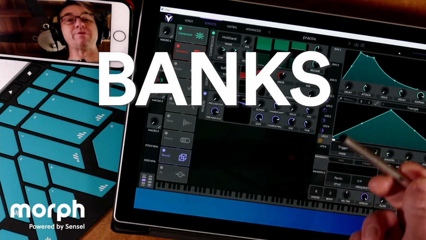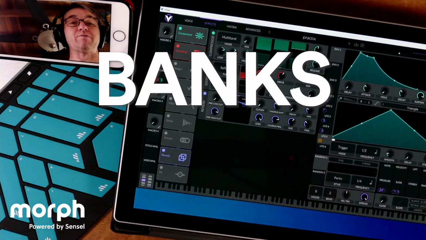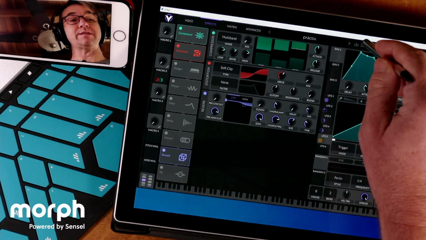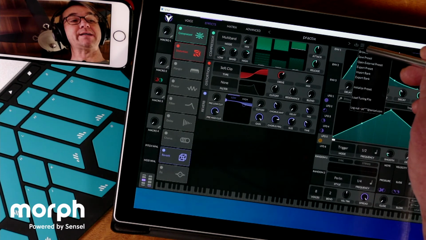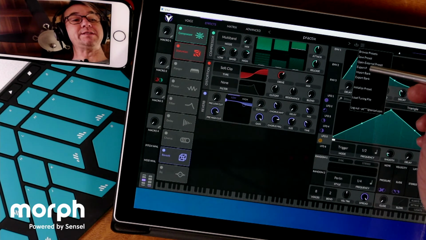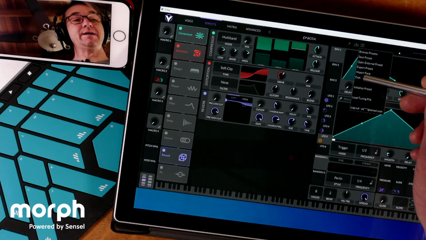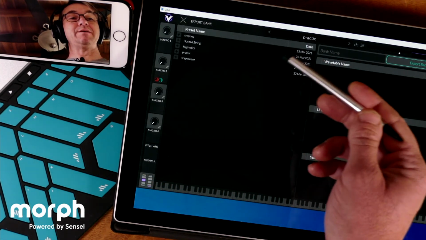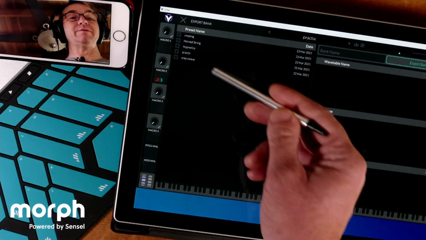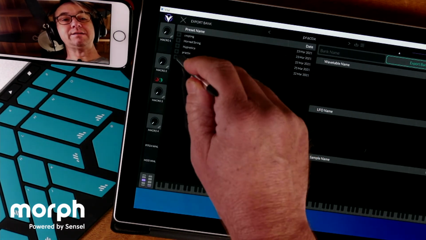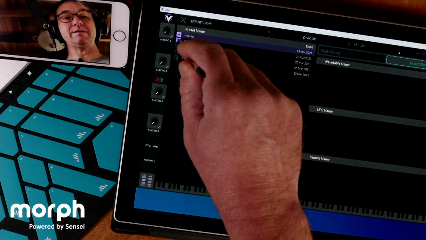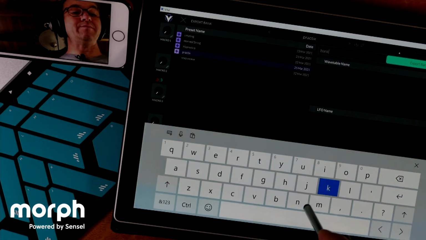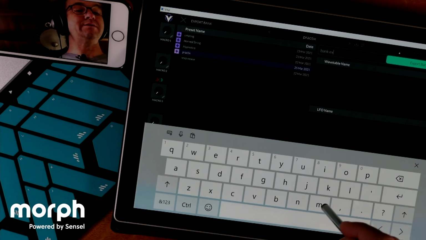Now, if I want to distribute these things, so let's say I have several presets that I've made, and I want to share these with the community, it makes it really easy to do this as a pack. So I can export an individual preset, or I can export a bank. And when you export a bank, you simply go through and select all of the presets that you've already made. So I have a few presets in here. I can go ahead and select the plus sign, give it a name, bank example,